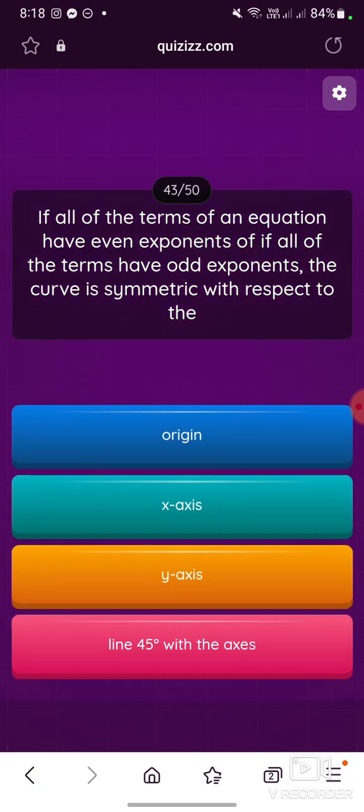If all of the terms of an equation have even exponents, or all of the terms have odd exponents, the curve is symmetric with respect to the